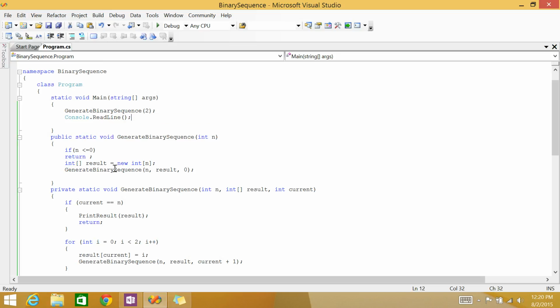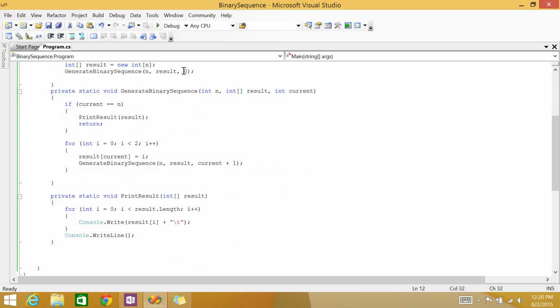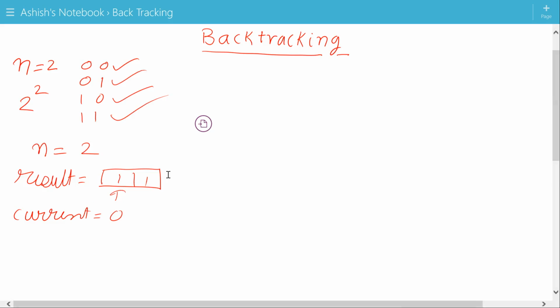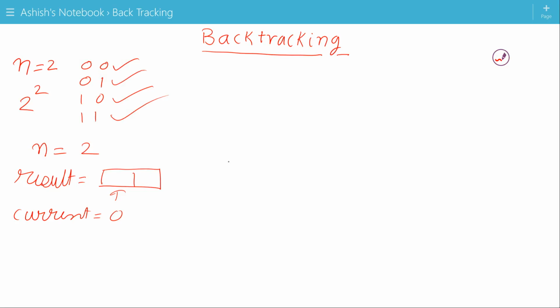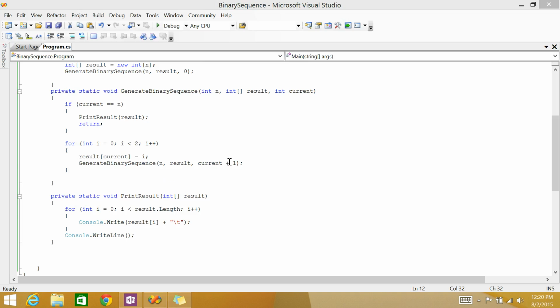So we call generate binary sequence with 2. 2 is greater than 0, so it will come over here. It'll make a result array of size 2. Call the generate binary sequence with current value 0. Current value is not equal to 2, so it will come over here. It will set the result of current, which is this one over here, to 0. Then it will recurse with current equal to current plus 1. So current becomes 1,